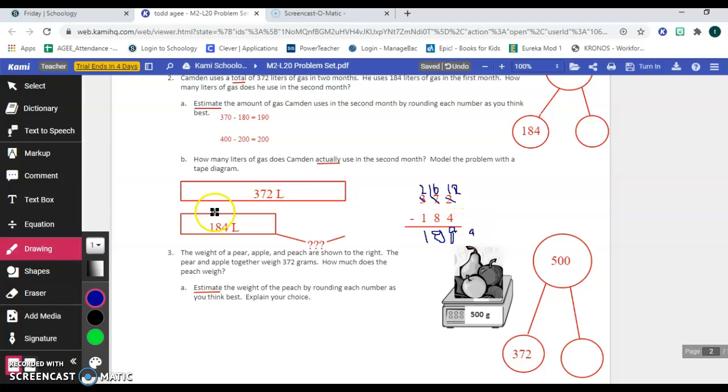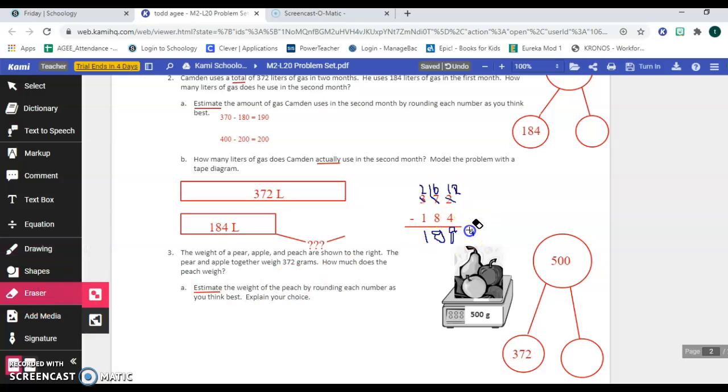So in that second problem, we find out the actual difference is 188 liters. Compare it to 190 and 200, and you can see